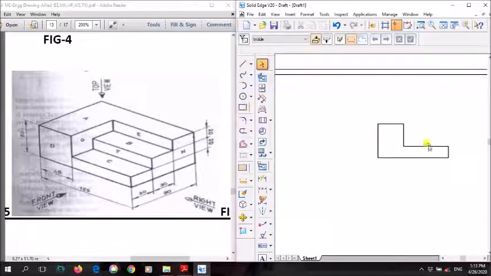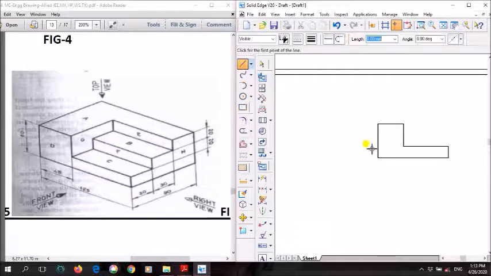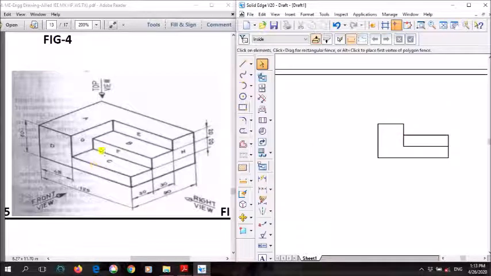What I'll do is again take a thick line. Start from here, from this end, above how much? 20 mm. So here it is 20 mm above, I'm at this point, drawing upwards 20, and I'll directly join this from here to here. So this is how your front view looks.